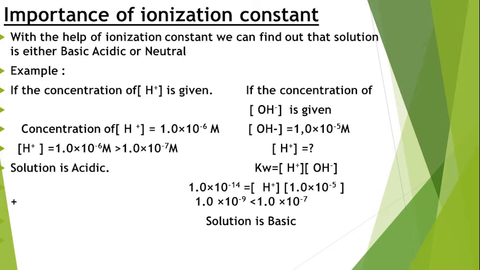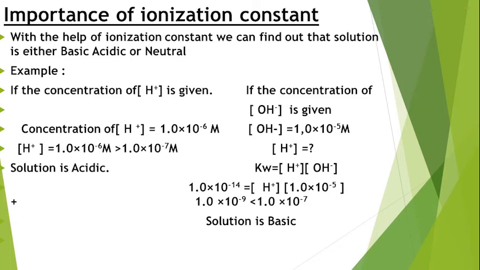As you see in my examples, I have given you two cases. In the first case, I have shown that if the concentration of H⁺ ion is given, we can directly tell whether the solution is acidic or basic,